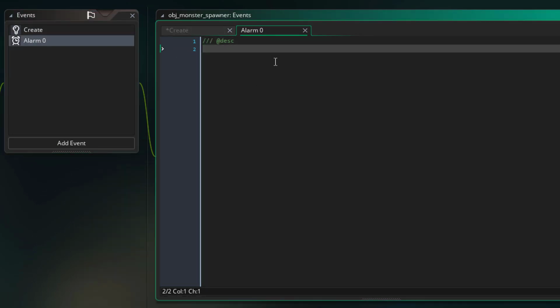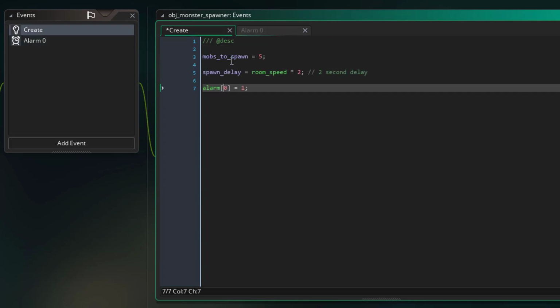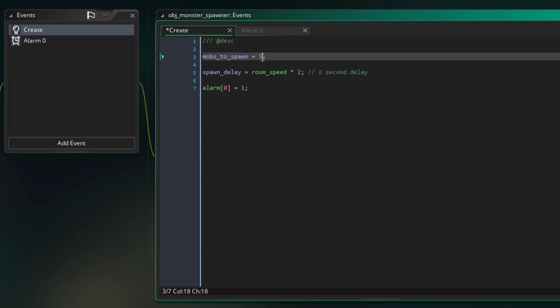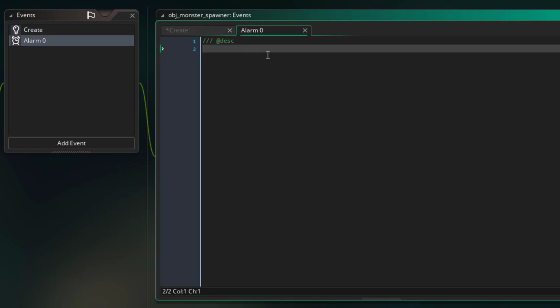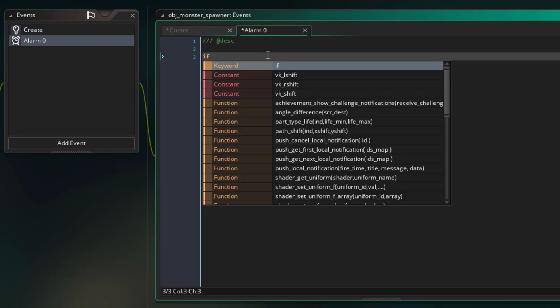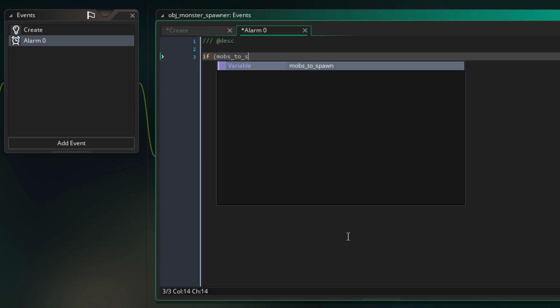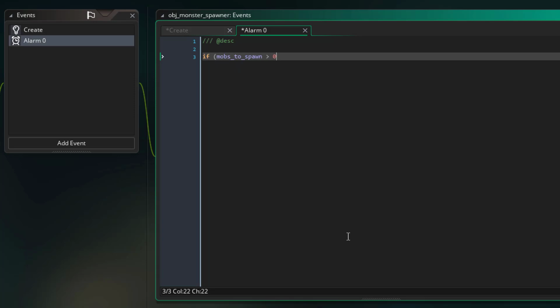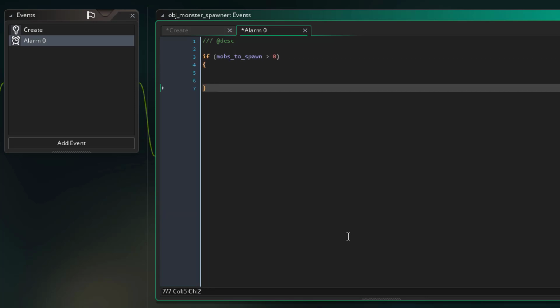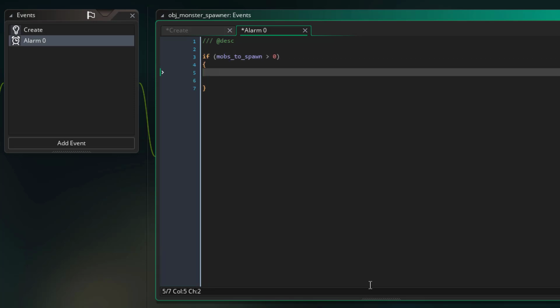And here, whenever the alarm is called, you're spawning a monster if there are still mobs to spawn. And then every time you spawn one, you're going to decrease the mobs to spawn by 1. So if mobs to spawn is more than 0, then we want to spawn a monster, and to do that we'll use instance create layer,